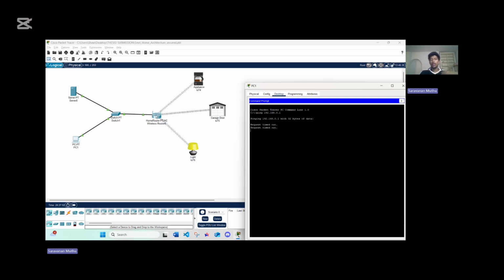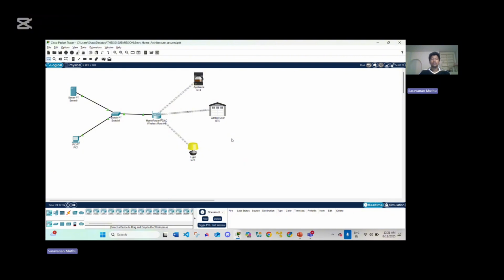So this is how the entire network is being protected with VLAN segregation and WPA3 encryption. And with MAC filtering, only this server will be able to access the main device setup. So this is how I secured the home IoT device